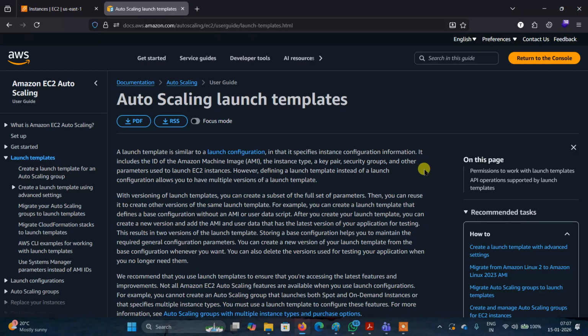So you don't need to do this because for creating auto scaling, previously, before September 2023, they changed the whole portal. Previously, we didn't need any auto scale launch template. By using an EC2 instance, we could create the auto scale. Right now, by creating our EC2 instance, we can't create the auto scale. First we need to create a launch template, and only then can we create an auto scaling group. They made this mandatory.